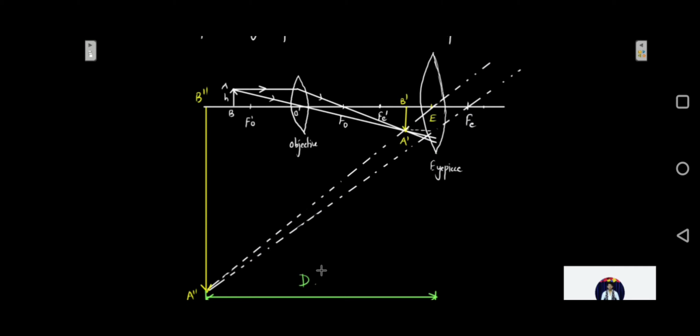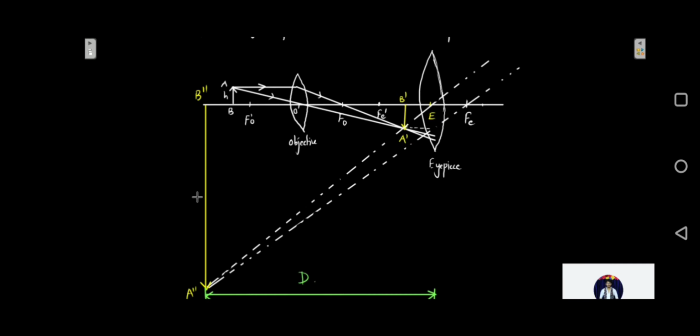So clearly, the final image, that is A dash B dash, is going to be an inverted image with respect to the object AB, and it is going to be an erect image with respect to the object A dash B dash, that is the object of the eyepiece. So if you continue these rays over this side, which are going to go to your eyes,